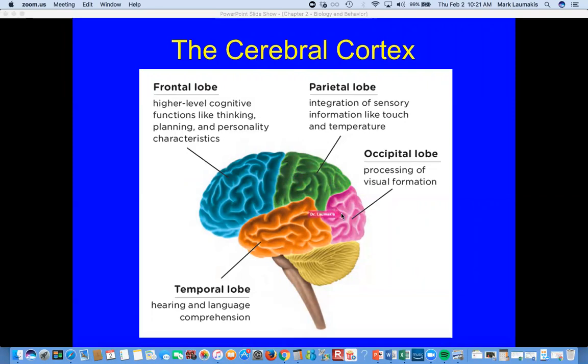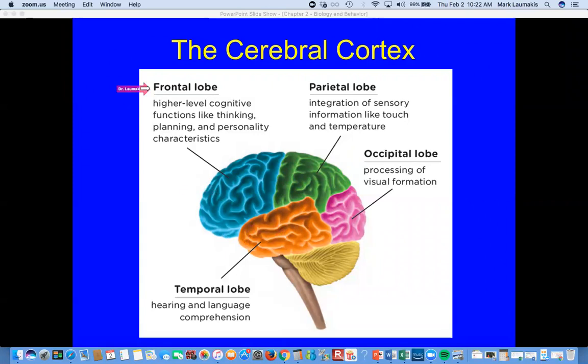You get to the back of your head, you've got this occipital lobe, which we have already mentioned is involved with vision. Visual information comes in through your eyes, gets routed through your thalamus, and ultimately back here to the occipital lobe in the back of your head. And then the temporal lobes, you've got one on the left side and one on the right side. These are involved with hearing and language comprehension. We'll say more about that in a bit. They wrap around the sides, almost like an ear flap on a football helmet.